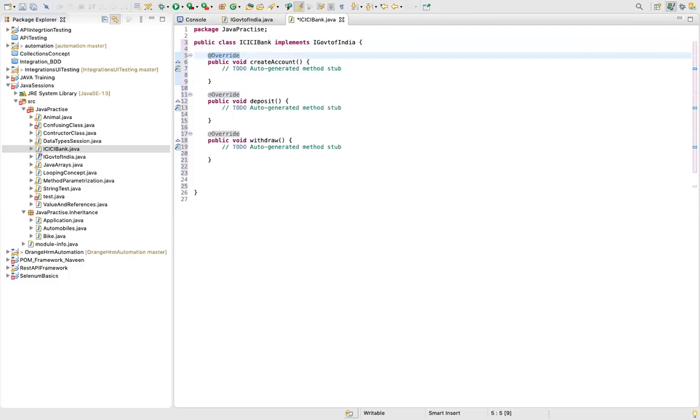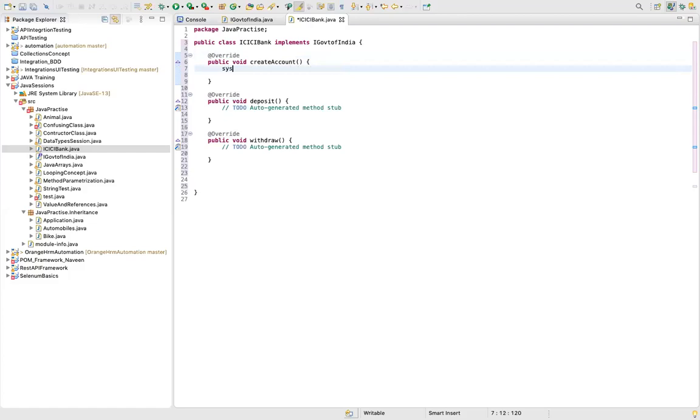Override means we have the same name of a particular method in the parent as well as in the child class. In a similar fashion here, we are extending the interface, so the interface also has the same method with the same name. Now in this particular method, you have to implement. You can do the implementation over here, but not in the interface.